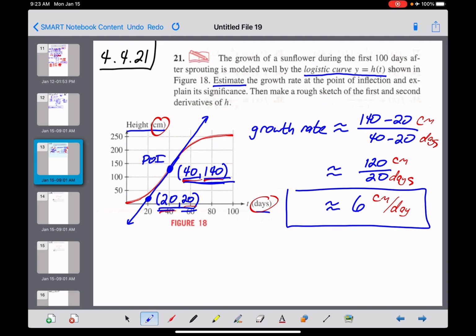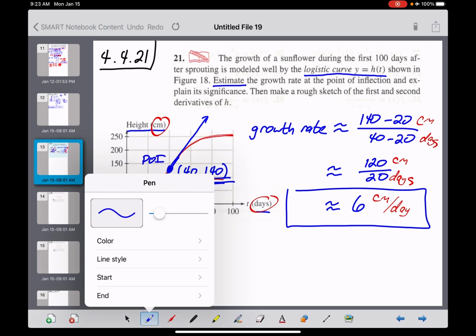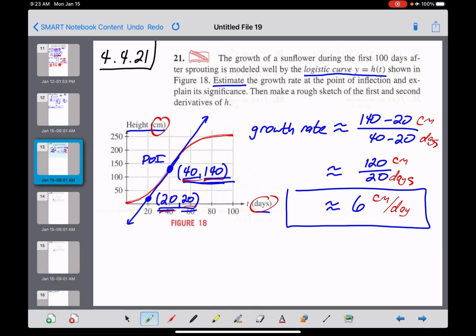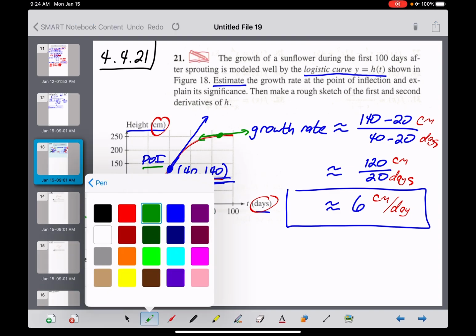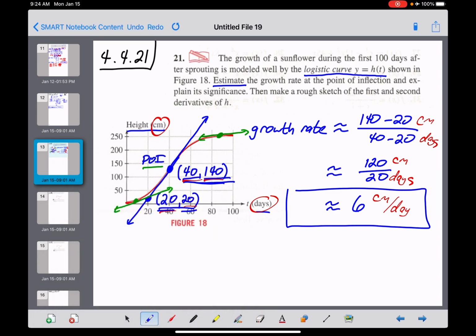All right, so what's going on here, guys, is that at any particular point on that curve right there, you're going to get a growth rate modeled by the slope of a tangent line. So if I started right here, my tangent line would probably look something like that. And if I went a little further, my tangent line, my growth rate would probably look something like that. And if you look at those 2 green lines that I just drew and compare that to the line that I had in blue at that point of inflection right there, what we're dealing with at that point of inflection is the maximum growth rate here, the steepest that tangent line is ever going to get on this interval from